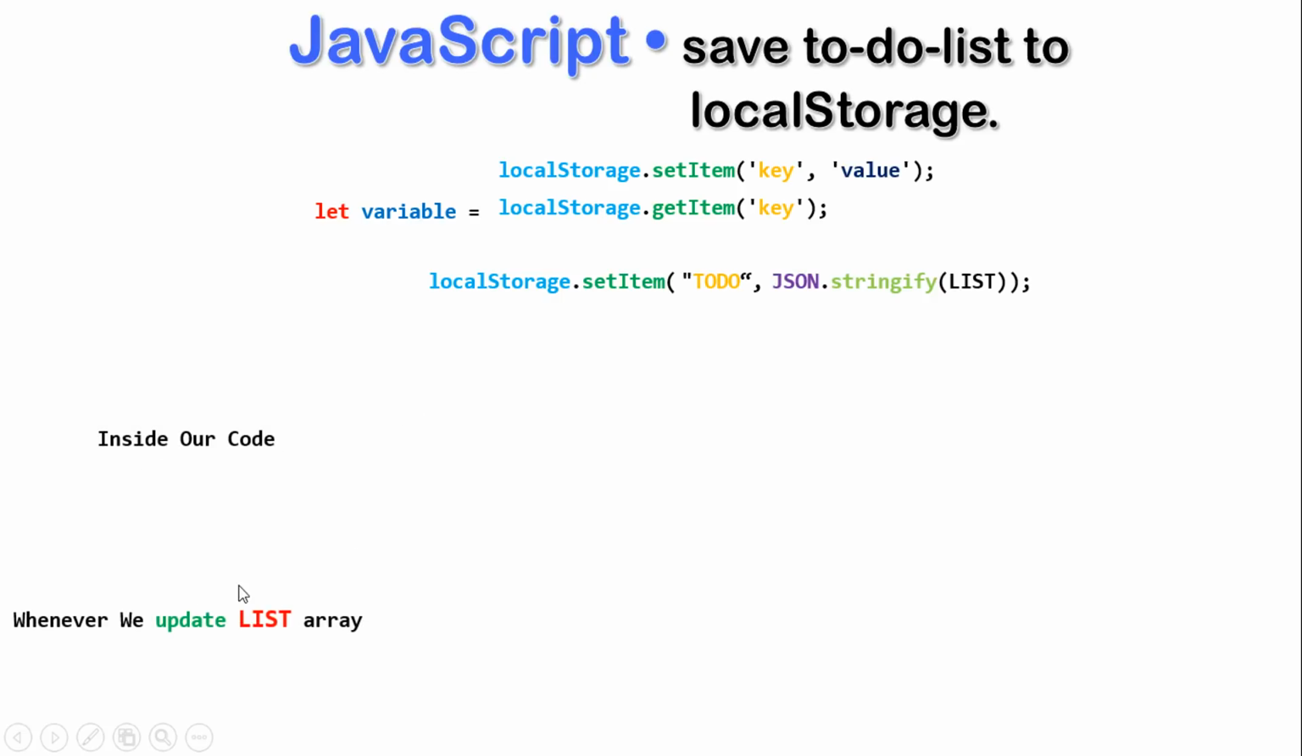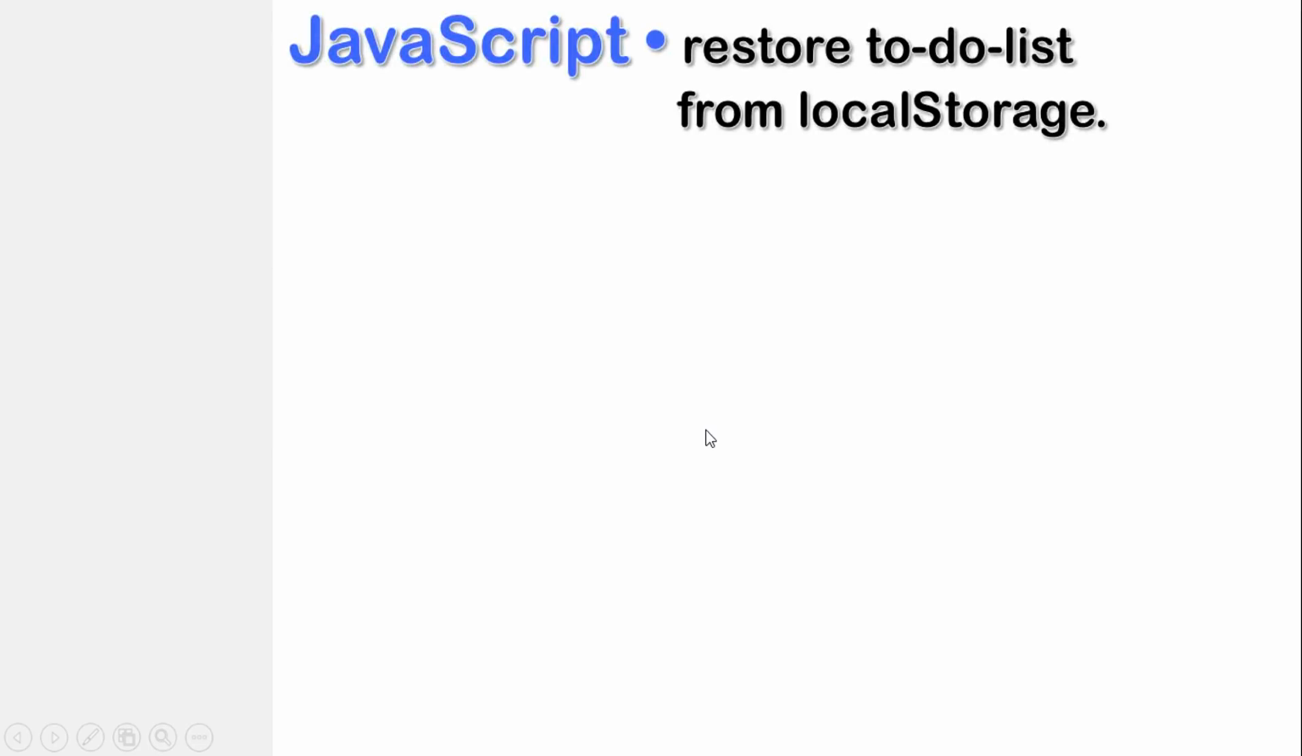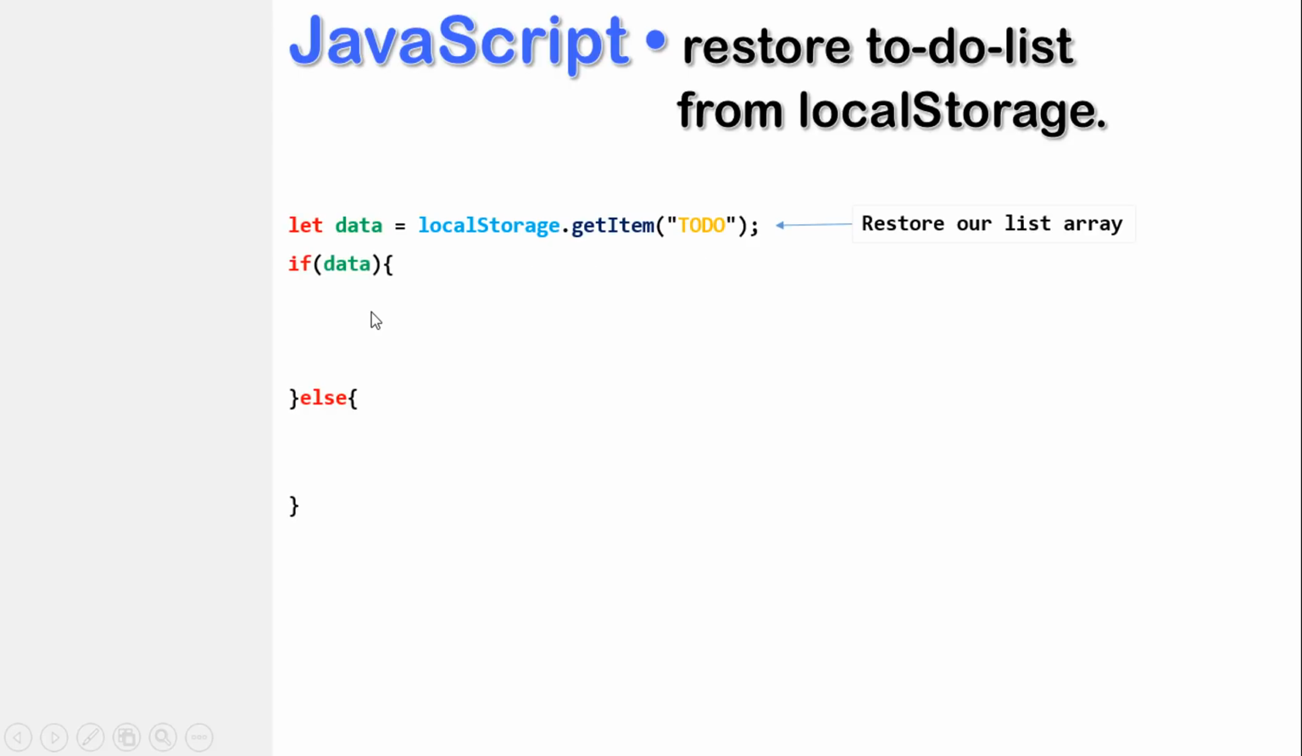Whenever we update our list array, just after it we will add this line of code. Now we need to restore the to-do list. So to restore, we will use the get item and our key, which is toDo. We set this to a variable called data. We need to check if there is data. What do we mean? When our user